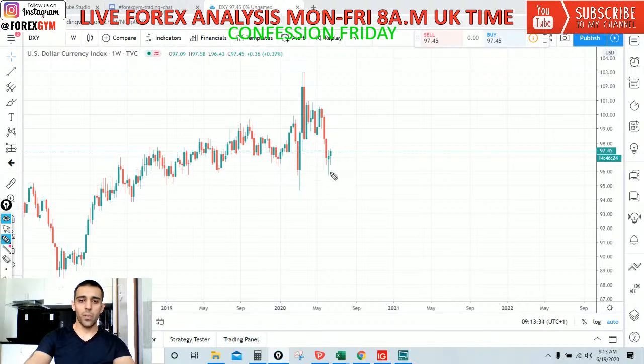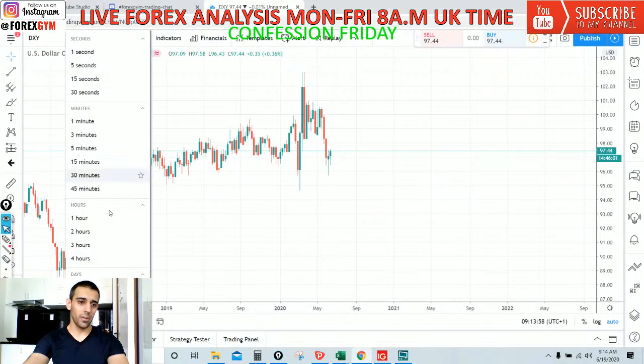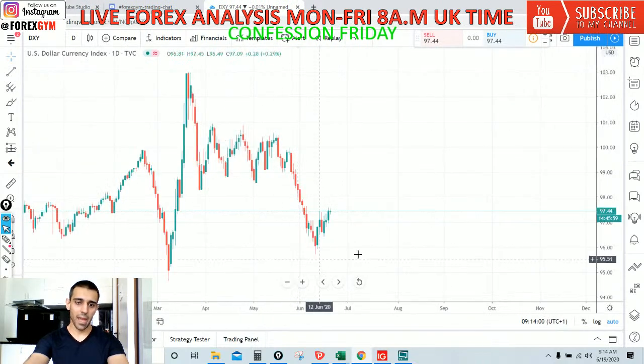The price came down and tested the weekly low down here, and then it's pulling back up, but the reaction is not that big. This is a higher time frame, and generally the reaction is much bigger. We are not seeing much of a reaction on the weekly, and on the daily time frame it does not really have that much of a reaction either. It had this nice candle after the test.